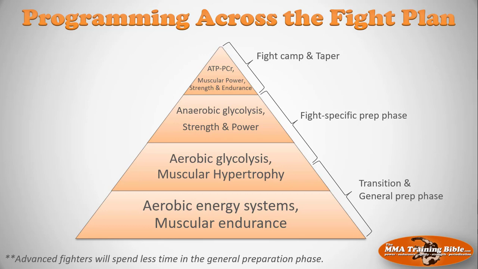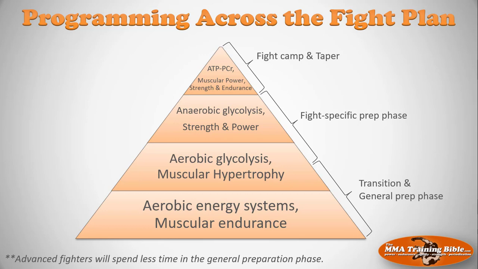Now, our general approach here is really in this pyramid, and I want to talk you through it. Again, we covered this before, but we're going to recap just so we're on the same page. Now, at the base of the pyramid, we focus on developing the aerobic energy systems alongside muscular endurance. This foundational work occurs mostly in the general prep phase, which is always found in the longer plans. Again, it's not found in the shorter plans because we assume that fighters who are competing in a few months have adequately developed their fitness in this capacity. But we also focus on these goals in the transition, so it's not the end of the world.